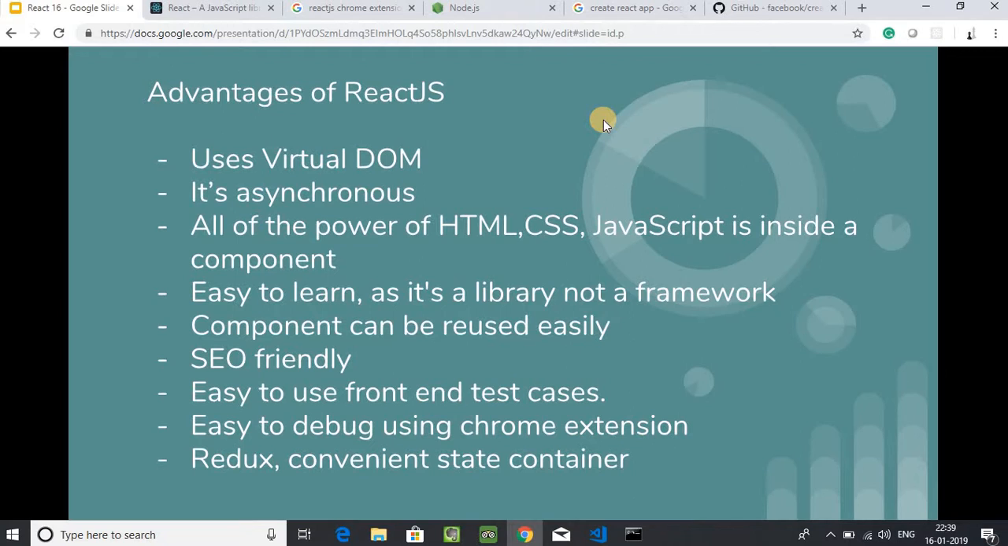Next is all the power of HTML, CSS, JavaScript is inside a component. So component is the ultimate beauty of React.js. It's easy to learn as it's a library, not a framework, and the components can be reused easily. Let's say I have developed one form panel or some header and footer, so that component can be reused